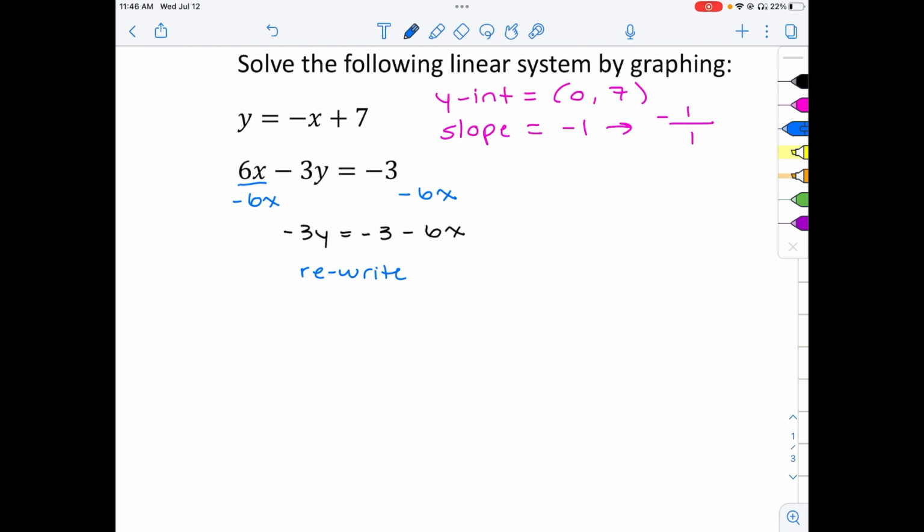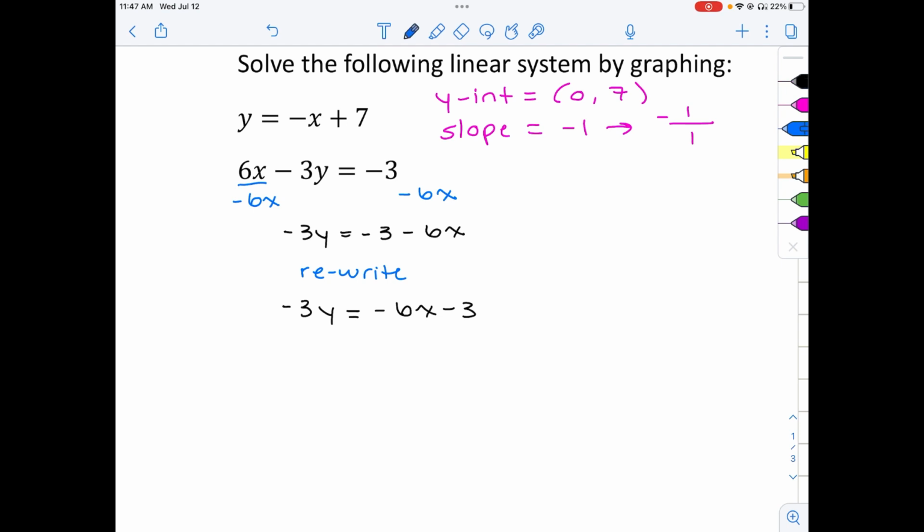with your right side in the proper order so that it looks like an equation of a line. So this would just be negative 6x minus 3. I just usually write it like that to begin with, but sometimes people get confused as to why I can just do that. But it doesn't matter what order you write the numbers in. Like I said, just keep the signs correct.